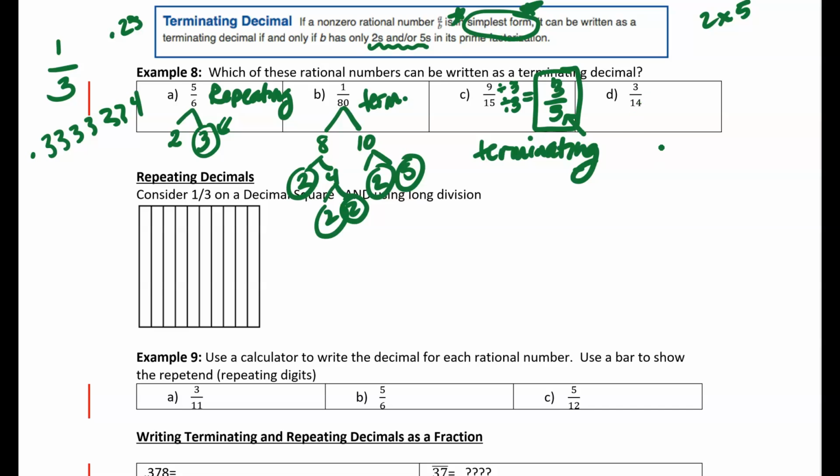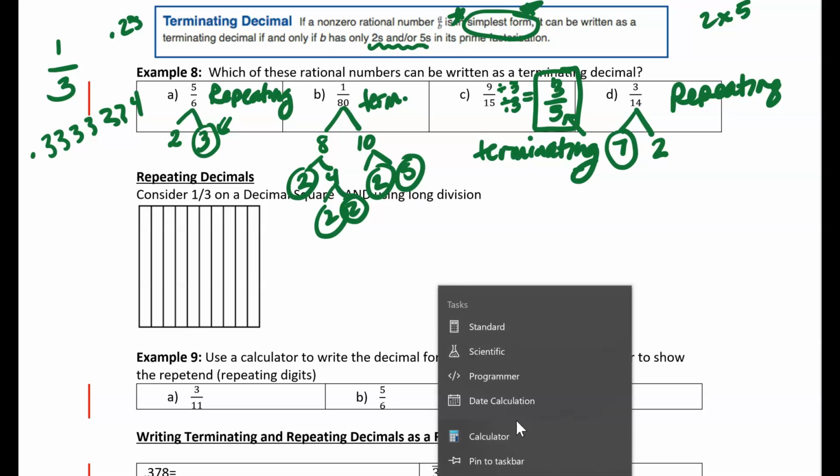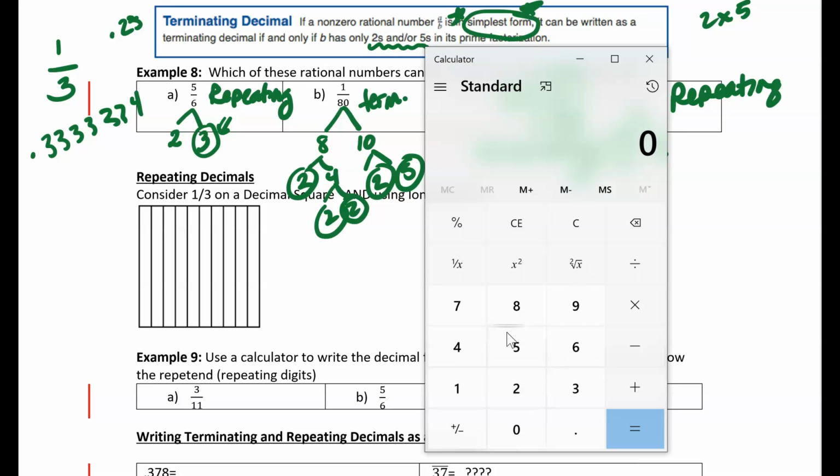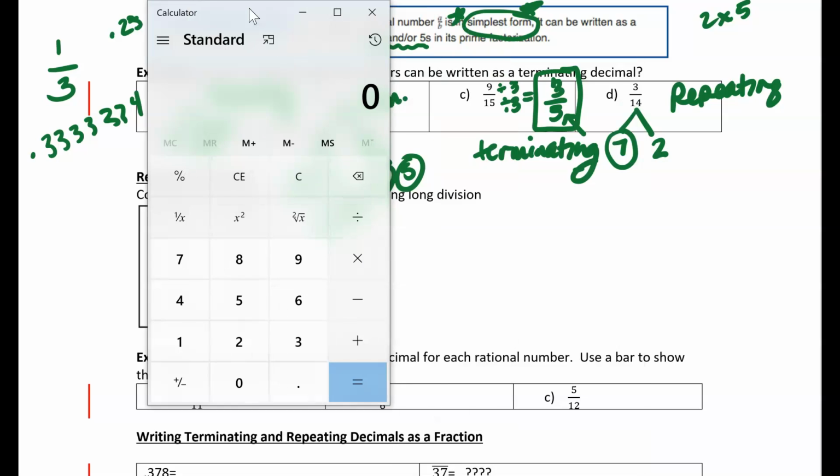So I'm going to take 14 and do a factor tree for 14. I get 7 and 2, and I end up getting a number other than 2 or 5. So this is going to be a repeating decimal. And then just to be sure, as we saw in the last one, let's see, science standard calculator, we move that over. We do 3 divided by 14, and we end up getting, it looks like